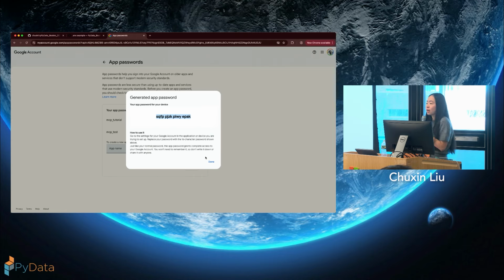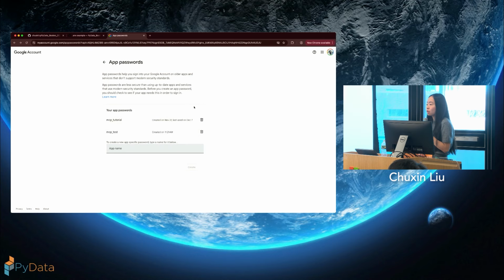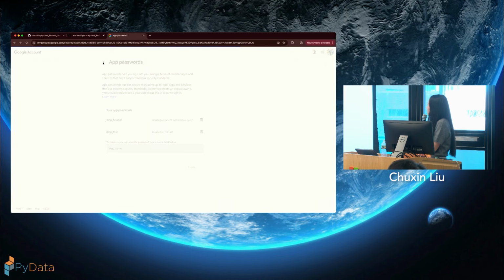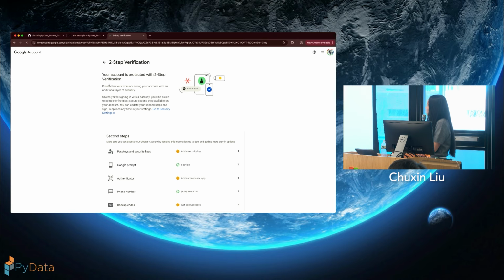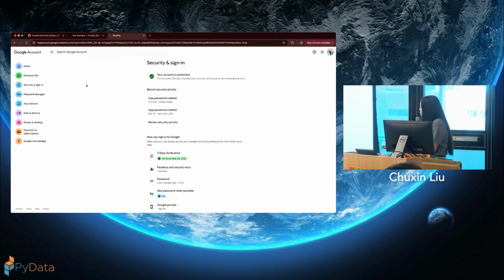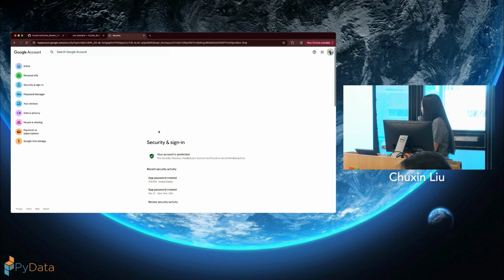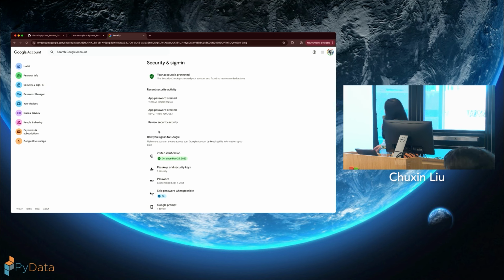A question. Yeah. So when you go to app passwords, I think all my Gmail accounts are secured. It says it's not available for your account. Okay. So then you need to enable the 2-step verification. It should be at security and sign in. So it should be myaccount.google.com and then security sign in.